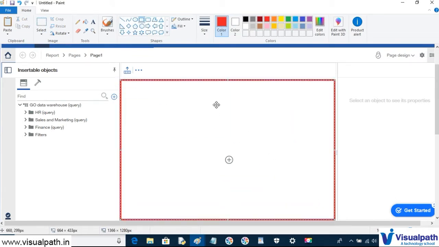The list report that we are going to create will be created in this area. To create it, we are going to bring the items from this area. We will expand and bring the required items into the list report. Just consider this as a group of tables and columns.